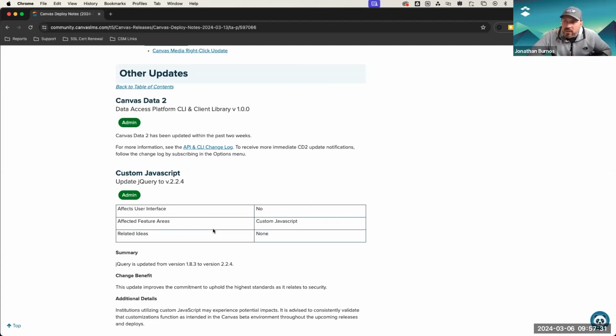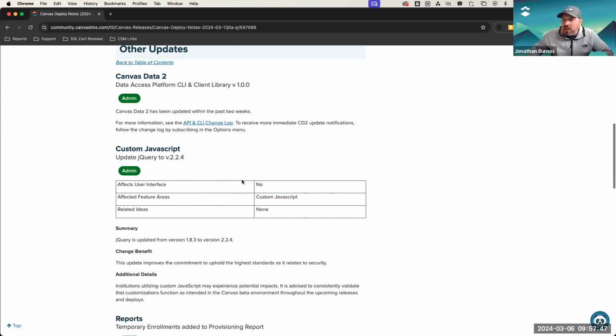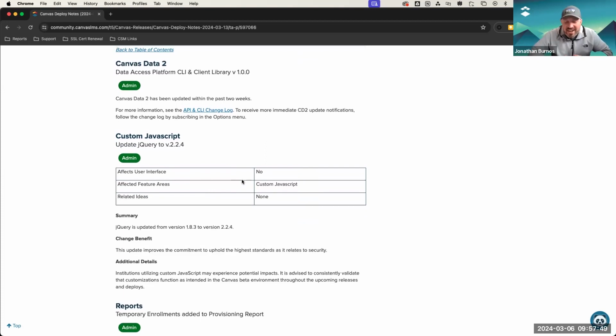So for the deploy notes for March 13th, we see Canvas Data 2 has had an update. It's been updated within the past 2 weeks. This is really just an update to the data access platform, the DAP, the CLI and client library version 1.0. You'll see links in here. When it comes to Canvas data APIs,